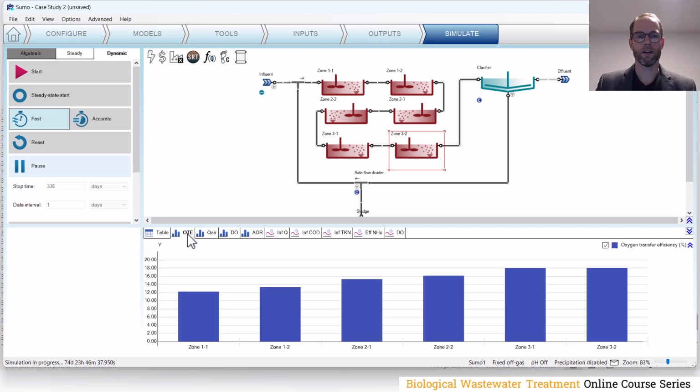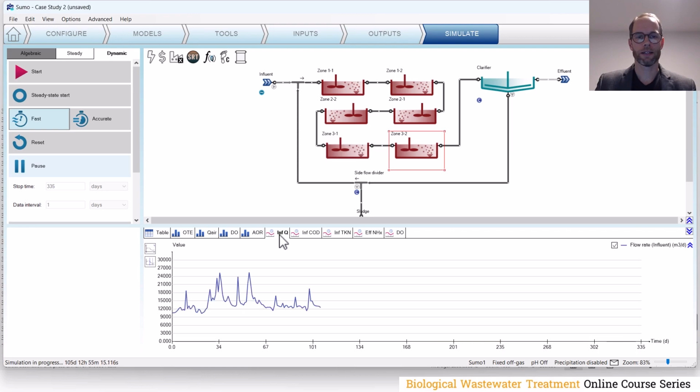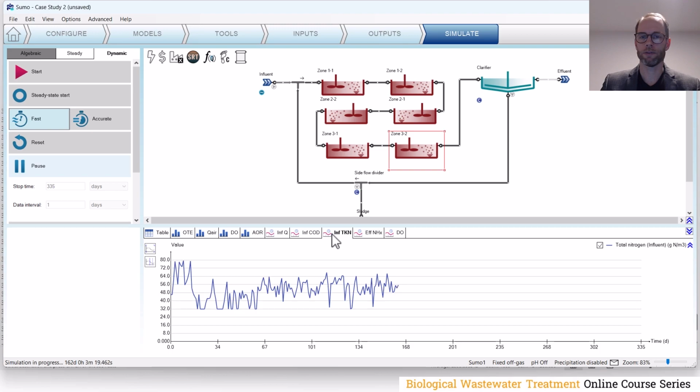I can see my OTE profile, my airflow profile, my DO profile, and my actual oxygen requirement profile. And now here I can see my dynamics, and indeed the data that I imported is appearing here in the chart. So there is my dynamically varying influent flow, and here's my dynamically varying influent COD concentration. My dynamically varying influent TKN,